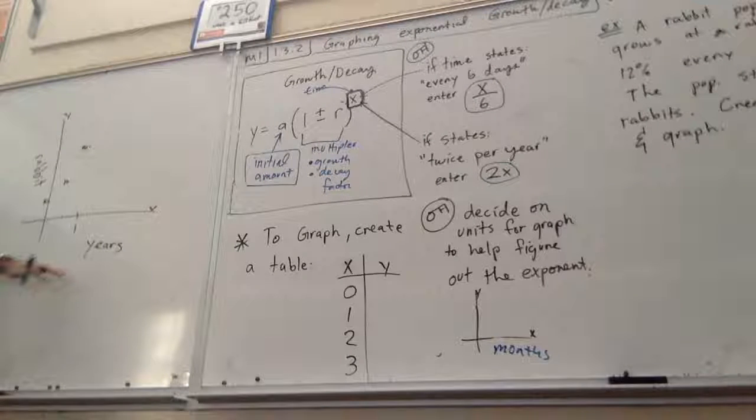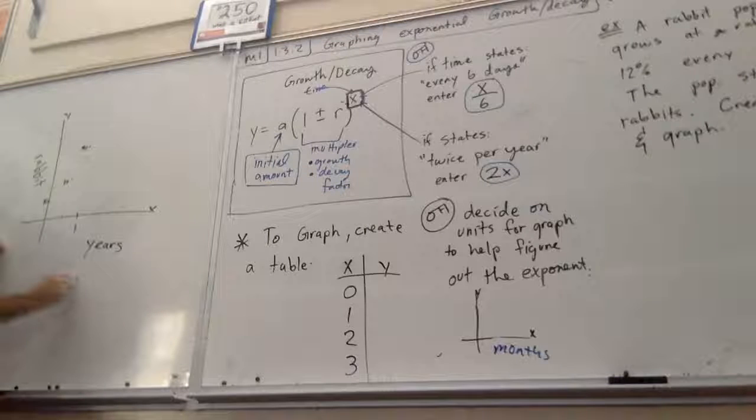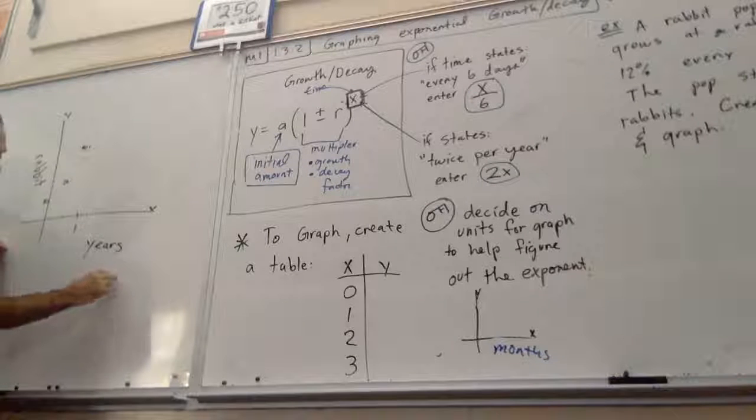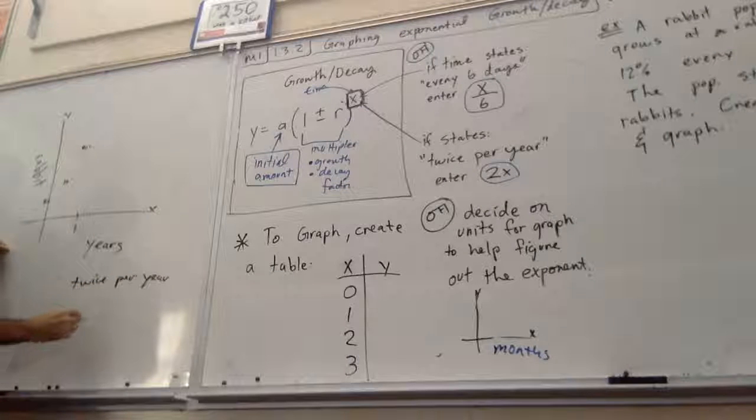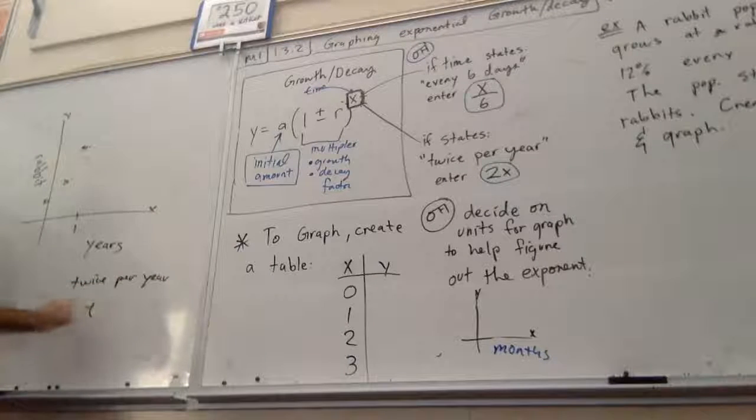Because my units are in years, and I'm saying it doubles twice a year. Twice a year is the key. Twice per year. So that would be time